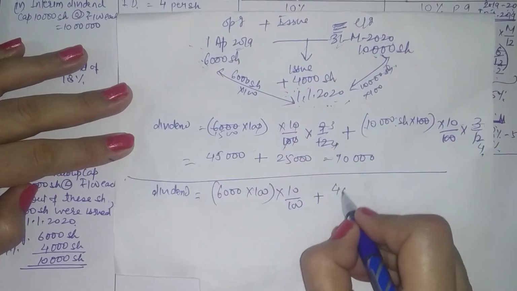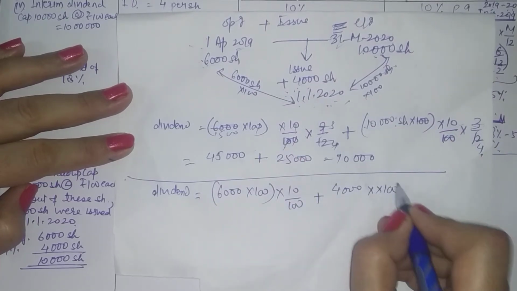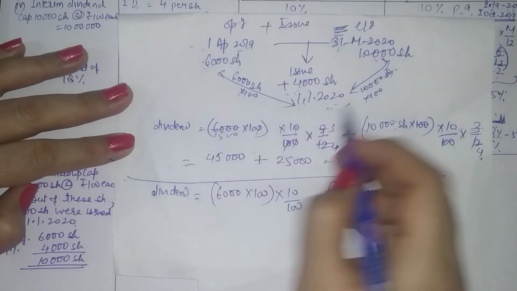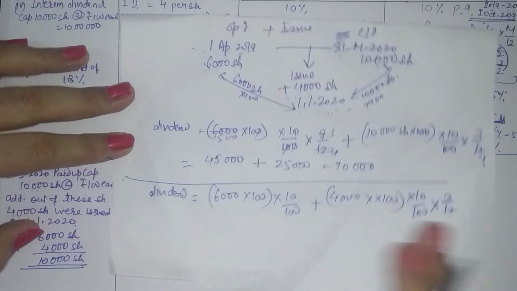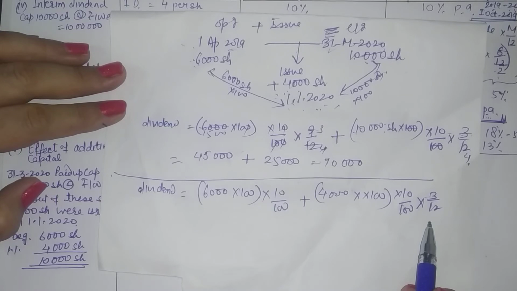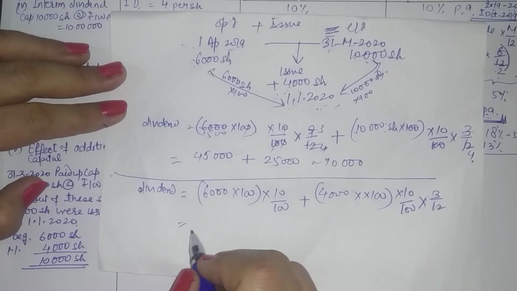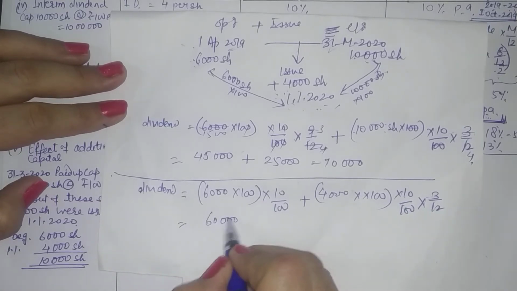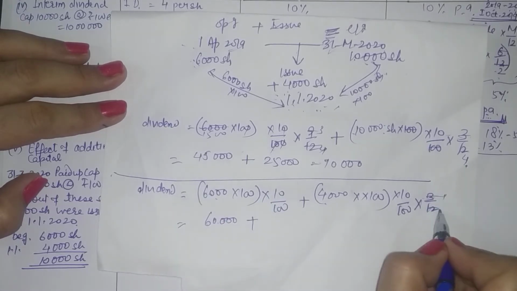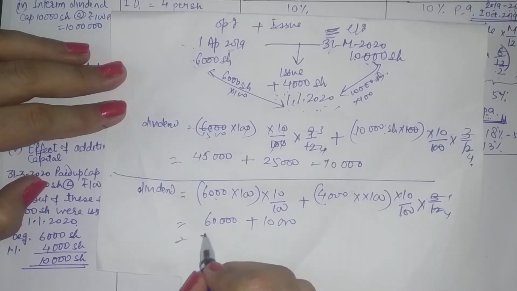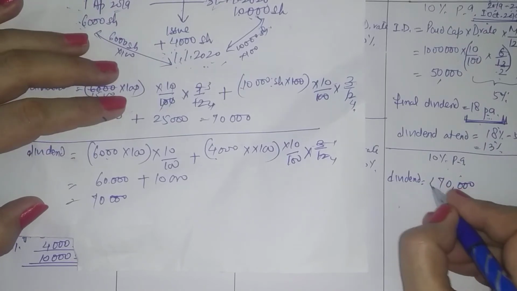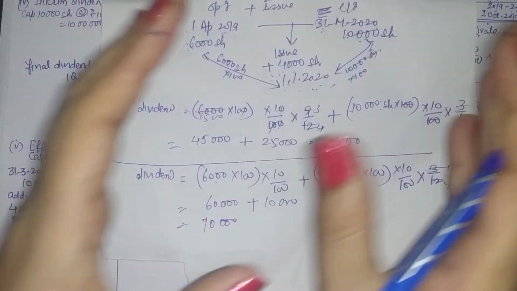Then this additional capital was issued on 1st January. It means on these shares we will provide for dividend for the relevant number of months only. So for 3 months dividend will be provided, which implies you have 60,000 rupees of dividend for this capital, and for the additional issue you have 10,000 rupees of dividend, 70,000 in each case. So your dividend amount is going to be 70,000. It is up to you how you read the timeline.